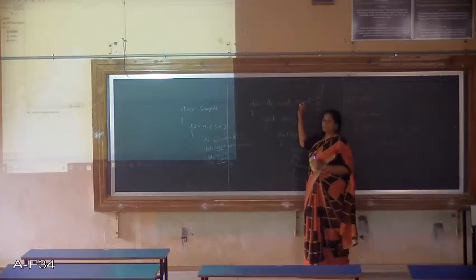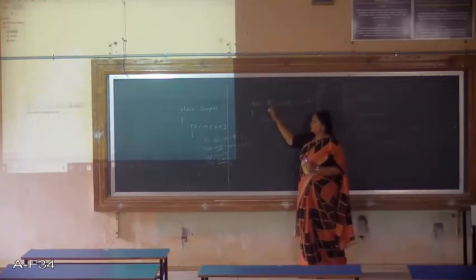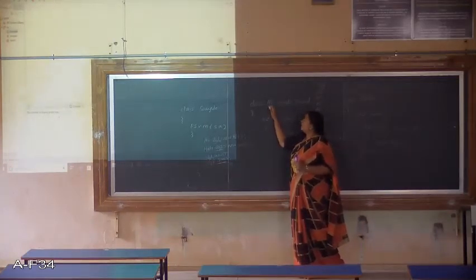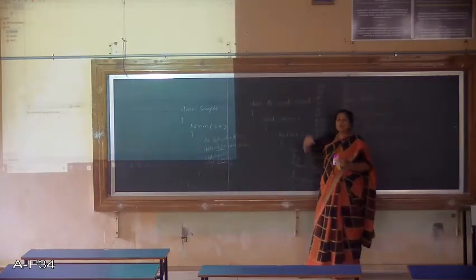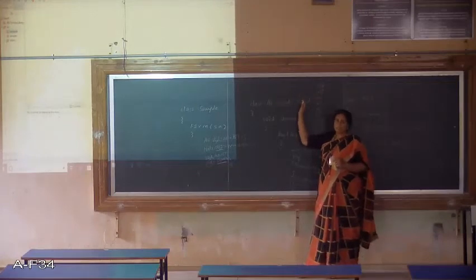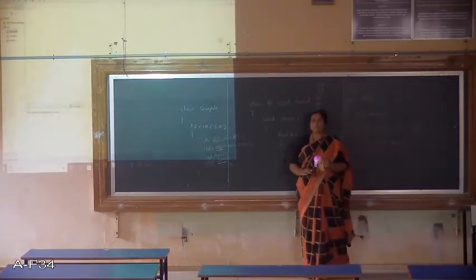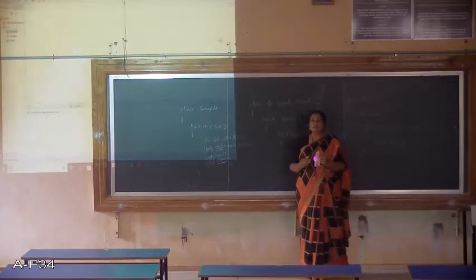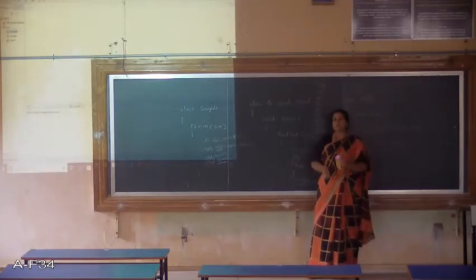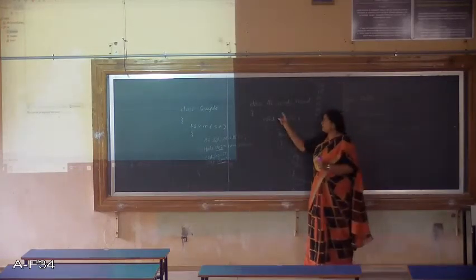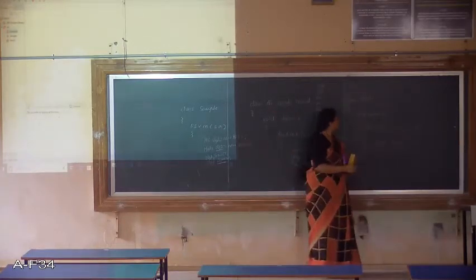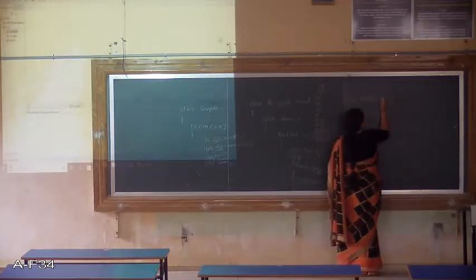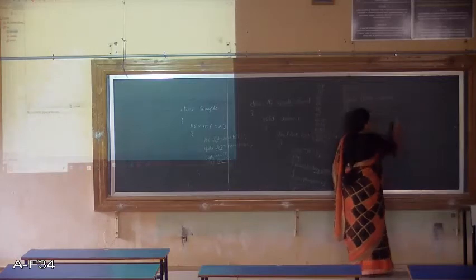See, thread is a superclass now and hi is a subclass. That means hi can acquire all the properties of the thread class. So we know that in case of inheritance, a subclass can acquire the properties of the superclass. That means hi has become a thread now. Similarly, hello also can be a thread with the extends keyword.